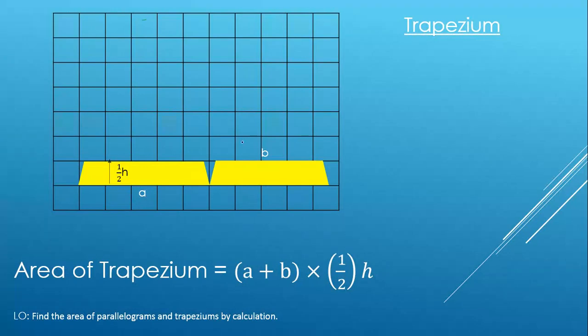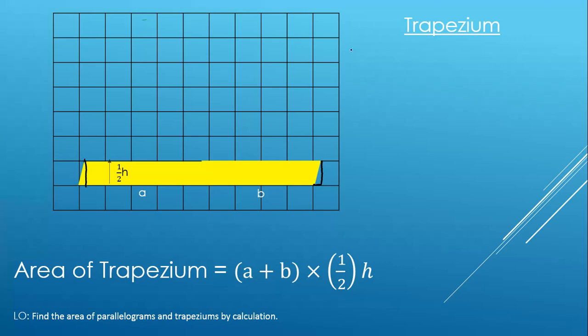A is now down here and B is here. But then if I flip that one, slot it in next to it, what we can see now is what we've actually created is a parallelogram. Because if I was to cut that little triangle off there and put it on the end here, we'd make a rectangle. So because we've turned this into a parallelogram, and as we've just spoke about with the last one,